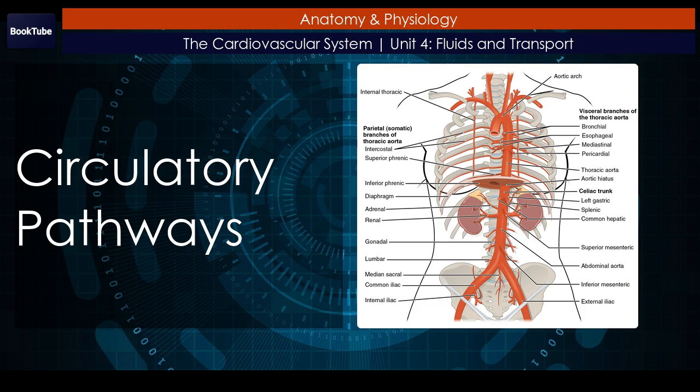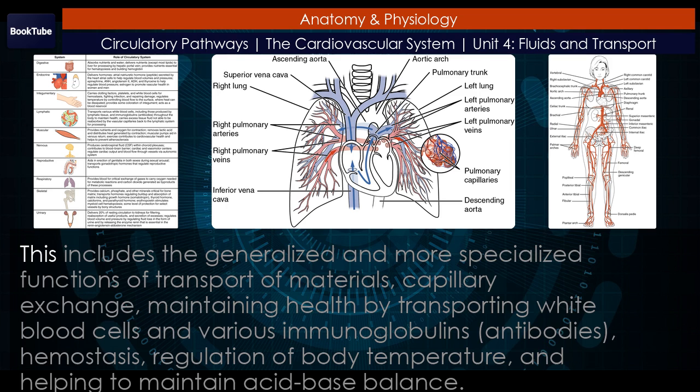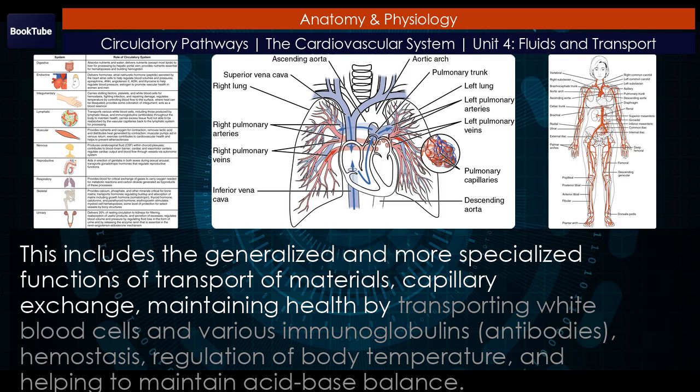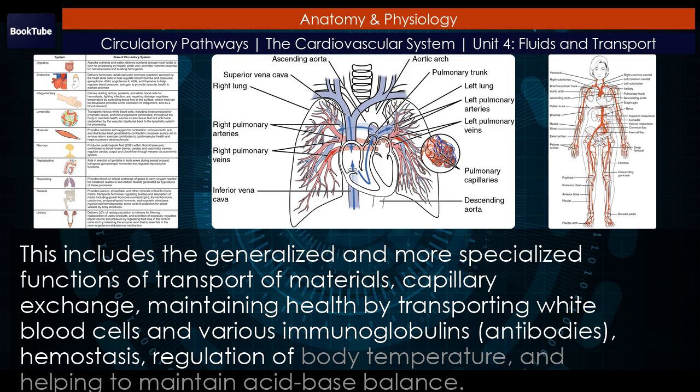Circulatory pathways. Virtually every cell, tissue, organ, and system in the body is impacted by the circulatory system. This includes the generalized and more specialized functions of transport of materials, capillary exchange, maintaining health by transporting white blood cells and various immunoglobulins, antibodies, hemostasis, regulation of body temperature,